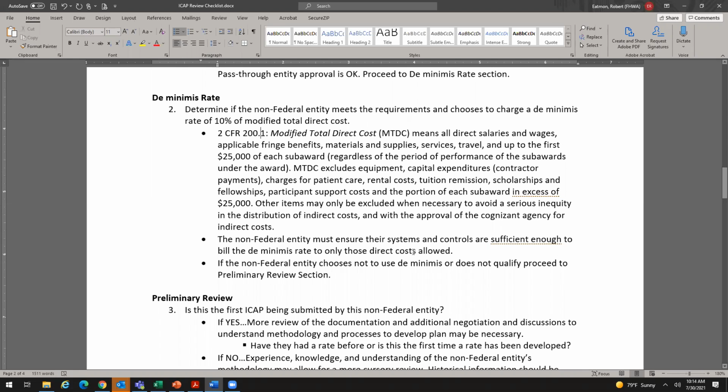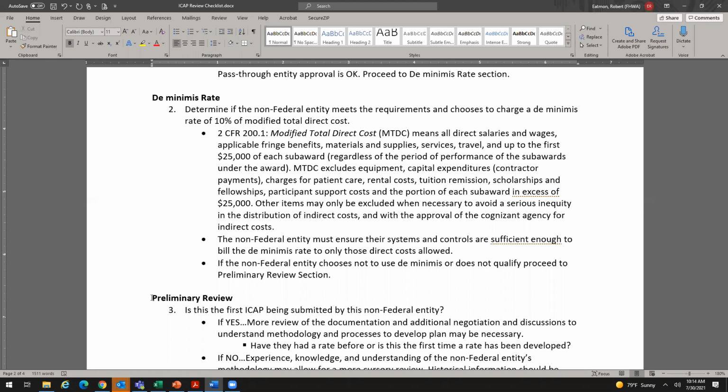So if we've determined that they're not going to use a de minimis rate, then we can move to the next step and say, okay, we're going to start doing our preliminary review. So at this point, now that we're in step 3, and I'm pretending like we're Caltrans here, we're going to say, hey, we've checked to make sure that they don't have an indirect cost cognizant agency. They don't want to claim the de minimis rate, and so they're submitting their package to us to review and approve